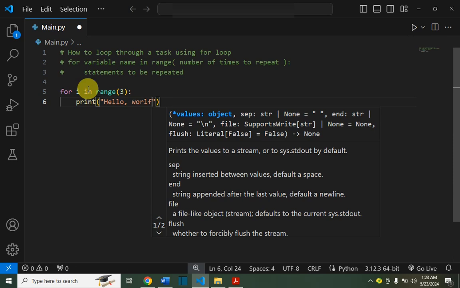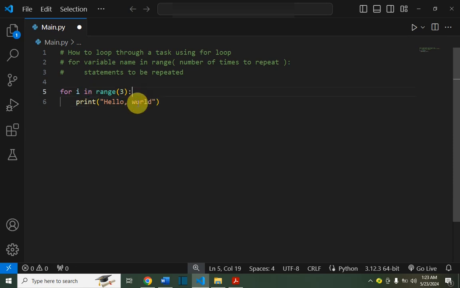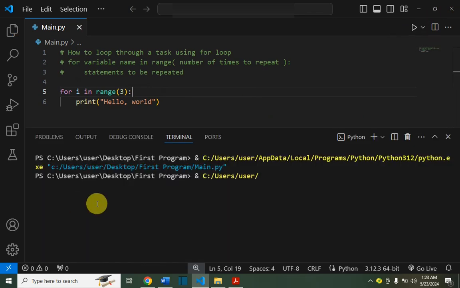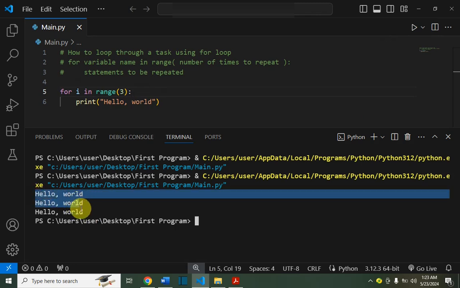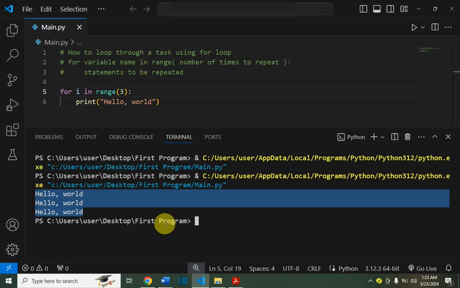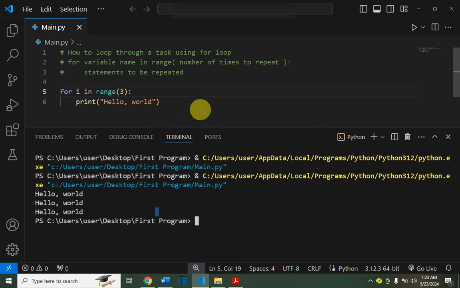We want to repeat this statement 3 times, so then we can run the program, and here is the output. We have repeated the statement 3 times,